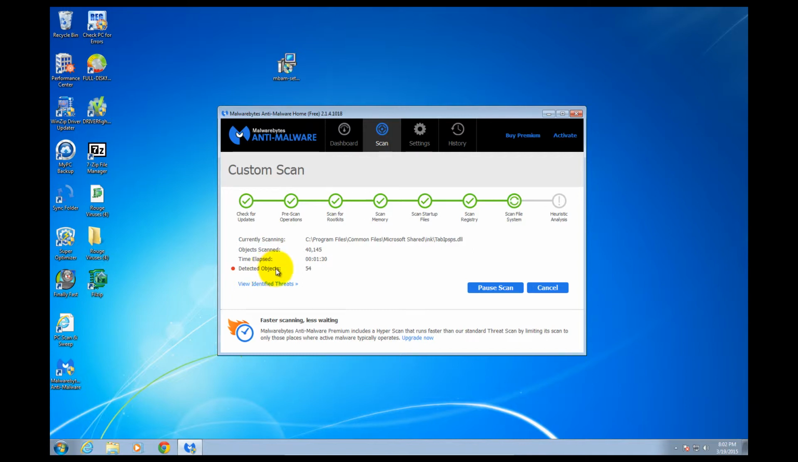Just want you to see what it looks like when it does start finding infections and encountering malicious files that we don't want on the system. You'll see the detected objects has showed up, and you'll get a number of how many detected infections or objects the program is finding. What you'll notice is it'll start out yellow